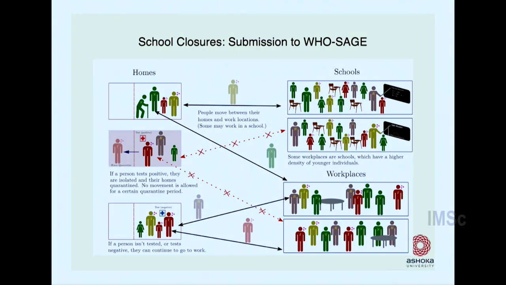We looked at then school closure, so we did some work for the WHO, which was interested in this question of when should you open schools? India, for example, had among the longest periods in which schools were closed in the world. And this was an intense debate among people who thought about school education and people who said that it seems politicians like to close schools because then they will not be held responsible for any increase in cases